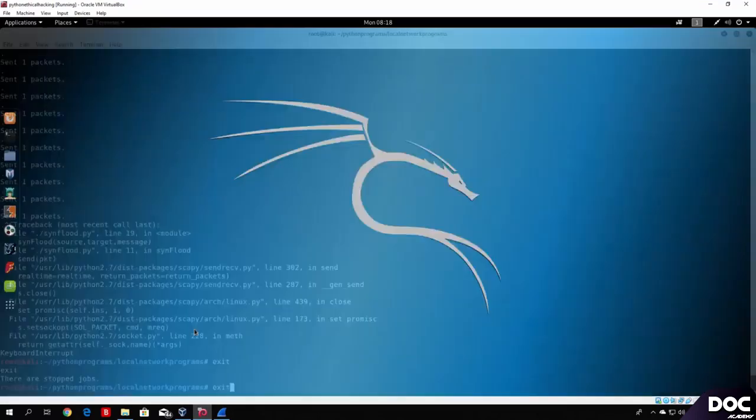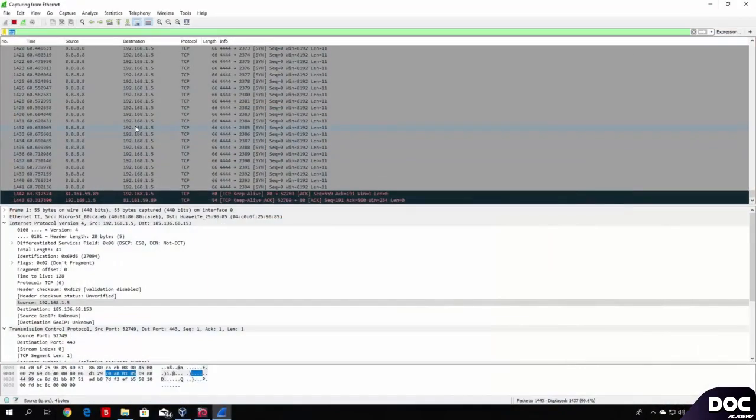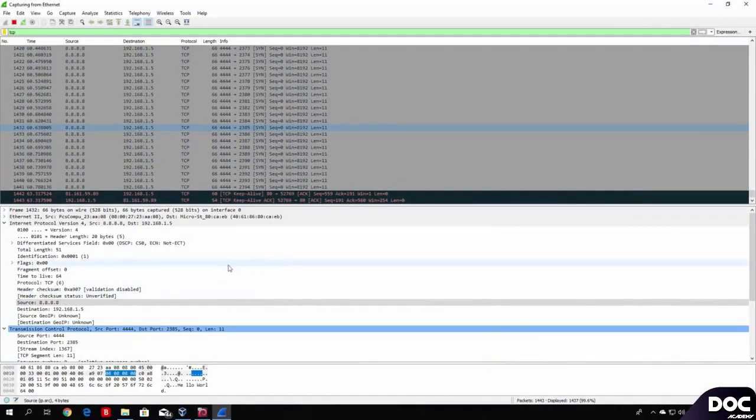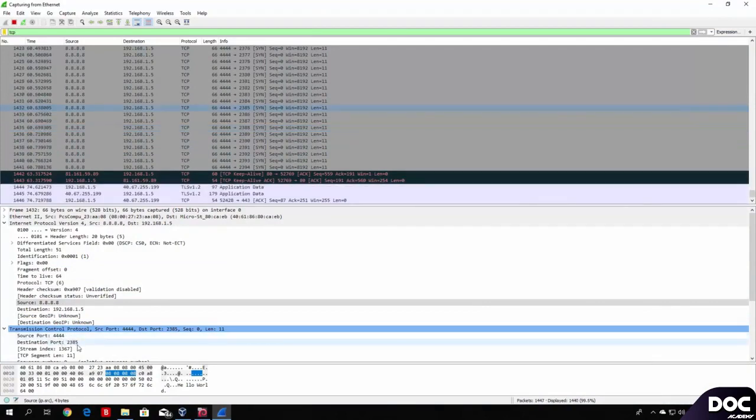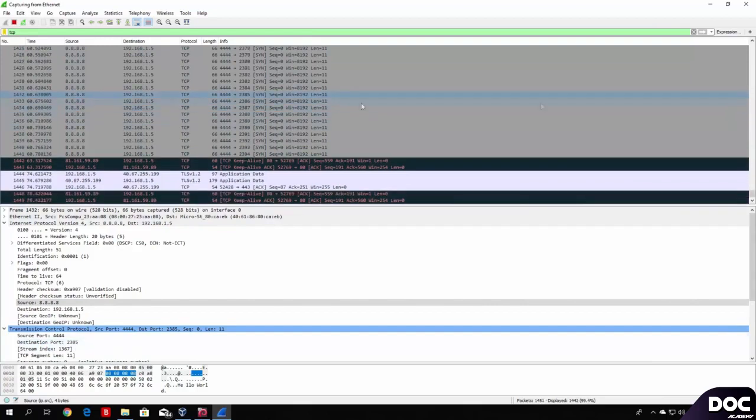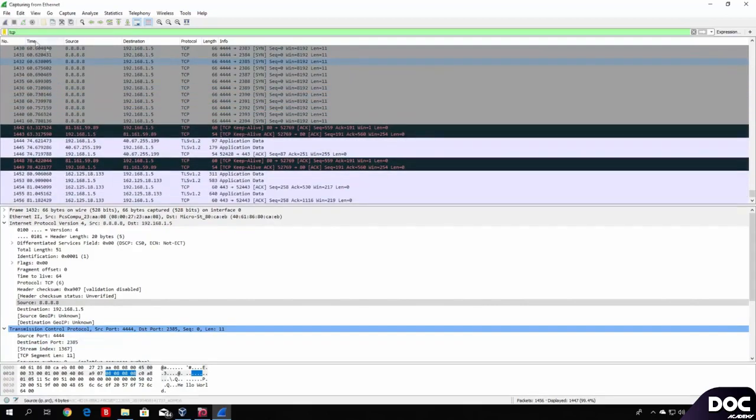Let us exit this. Let us go to our Wireshark. We can inspect some of the packets. As we can see, the actual source port is 4444. The destination port is the port on our Windows 10 PC. So I believe the next packet will have the destination port of the actual